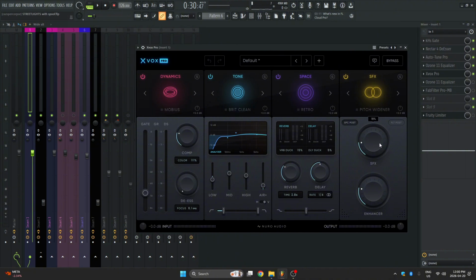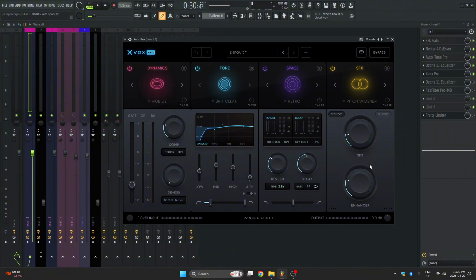18% on the widener, 24% on the enhancer. These are the reverb settings with the new retro reverb. Brit clean, also a new EQ and a new dynamics here, 25, no de-essing, slight gate, EQ bells and curves and stuff. Basically just changes always. This is not like a one size fits all, but these two are kind of always going to be